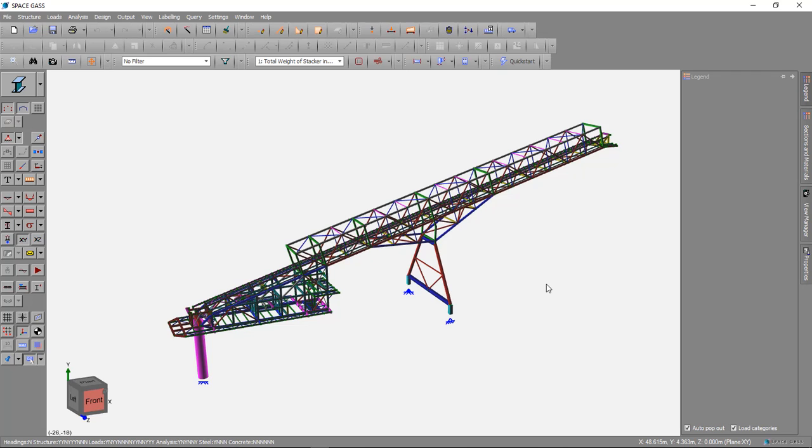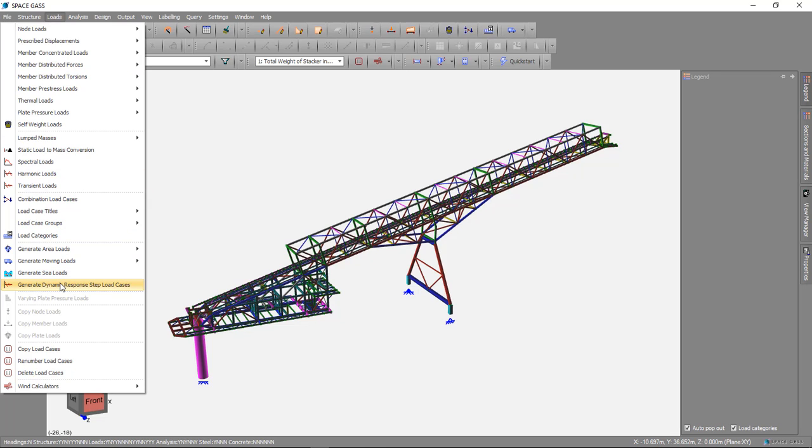So as I mentioned before, in order to use the results of these types of analysis, we need to convert the steps of the critical positions to load cases that contain deflections, forces, moments and reactions. So in order to do that, we go to the Loads menu, choose the Generate Dynamic Response Step Load Cases option,